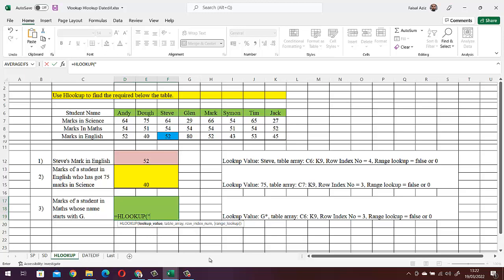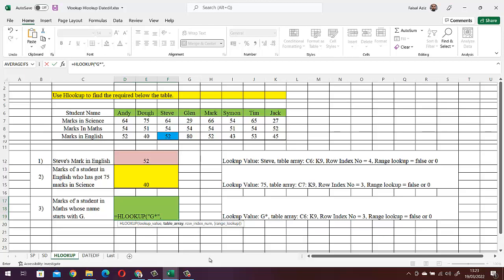So the lookup value I will write within inverted commas. G, and then I'll put asterisk because I don't want to mention what comes after G. I'm interested only in anyone whose name is starting from G. So asterisk means afterwards if there is any character, any text, it will pick all the characters over there, but I'm interested only in the first one. It should be G. So G asterisk